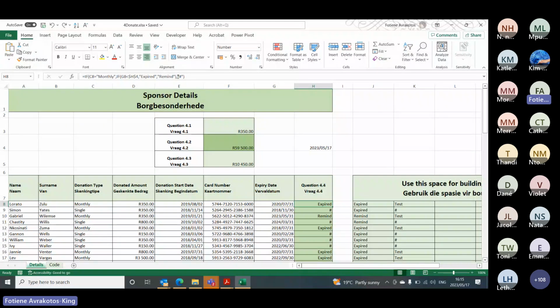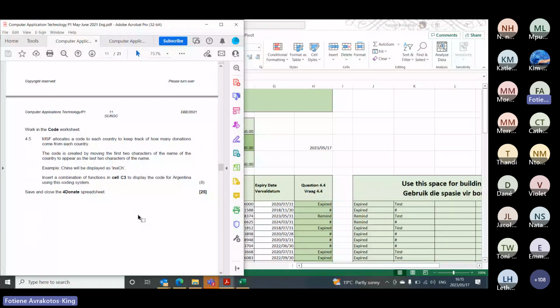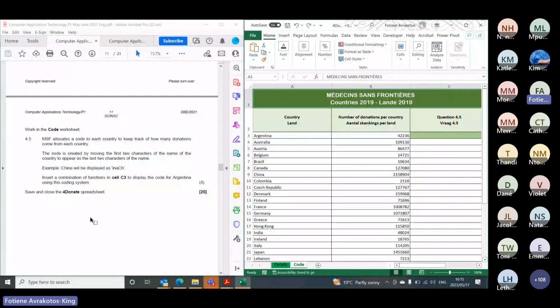In question 4.5, we are working in the code worksheet. It says MSF allocates a code to each country to keep track of how many donations come from each country. The code is created by moving the first 2 characters of the name of the country to appear as the last 2 characters of the name of the